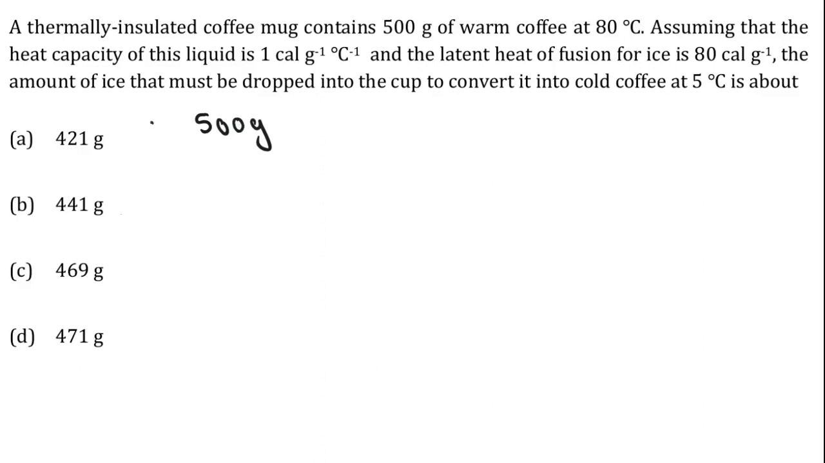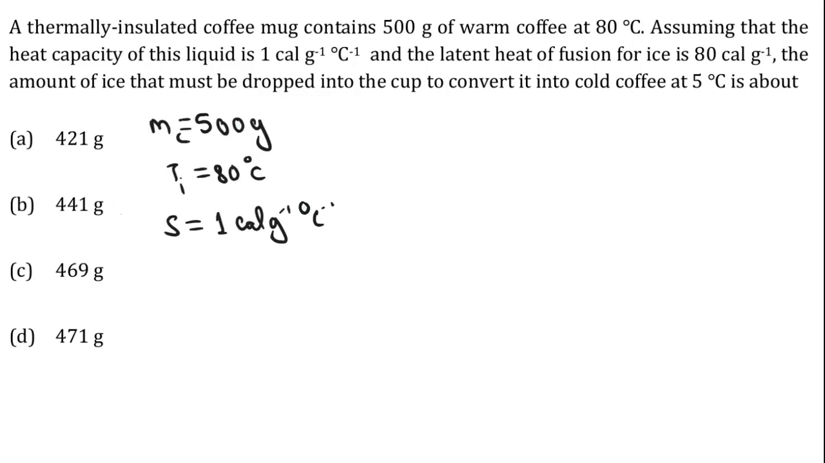This is a question from TATA-GS 2019, and in it we are told that 500 gram of coffee is present at a temperature, let me write that as Ti, which is the initial temperature, that is 80 degrees centigrade. Assuming that the heat capacity of the liquid, I'll write it as S, is 1 calorie per gram per degree centigrade,